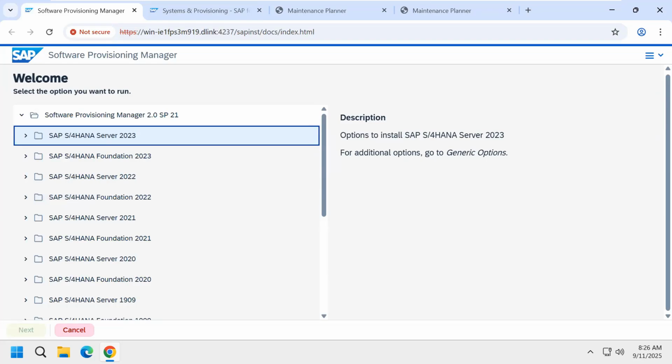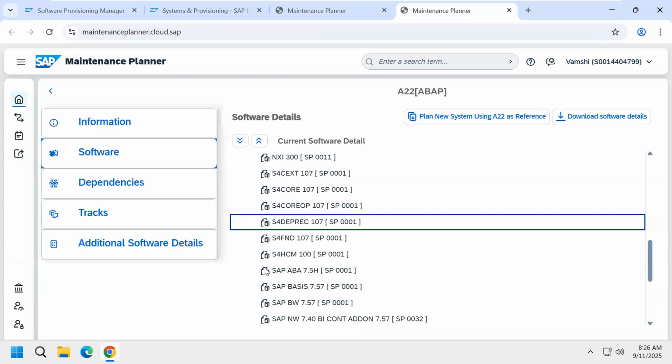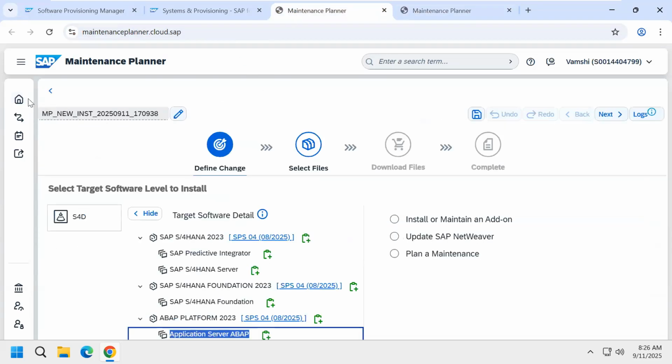In your SAP S/4HANA server system only, you get SAP S/4HANA Foundation also. Suppose I installed SAP S/4HANA 2022, I got SAP S/4HANA Foundation 2022. I installed SAP S/4HANA 2023, I got SAP S/4HANA Foundation 2023. I installed SAP S/4HANA Server 2021, I got SAP S/4HANA Foundation 2021. That means in your SAP S/4HANA server system only, you get SAP S/4HANA Foundation and application server ABAP also. Okay, now